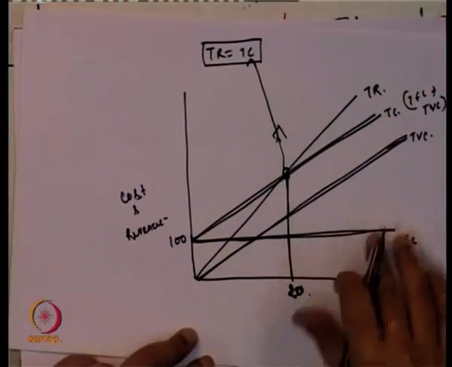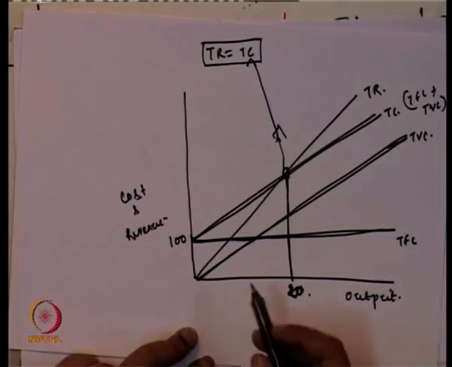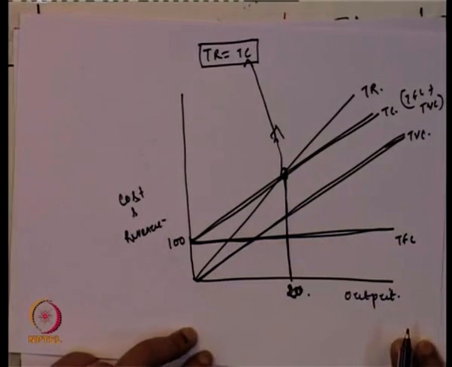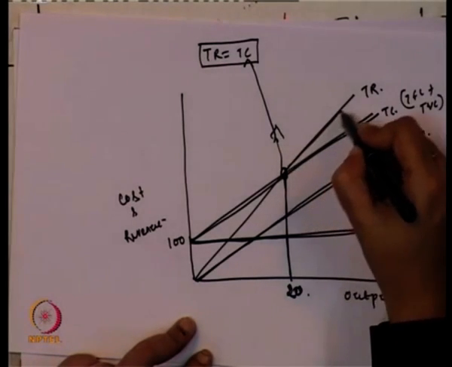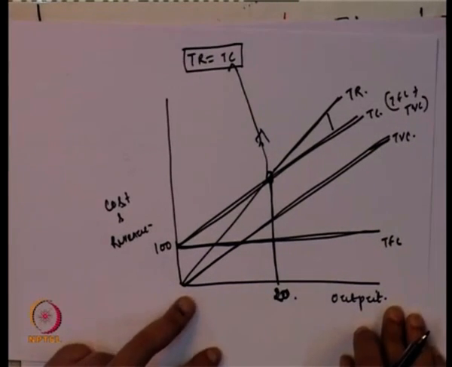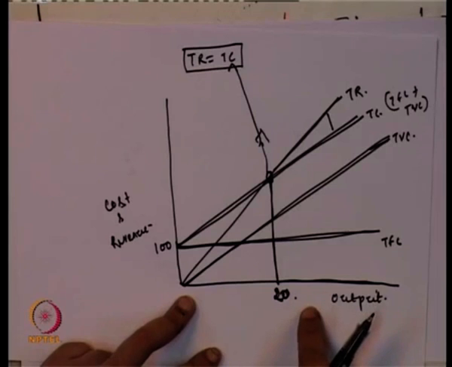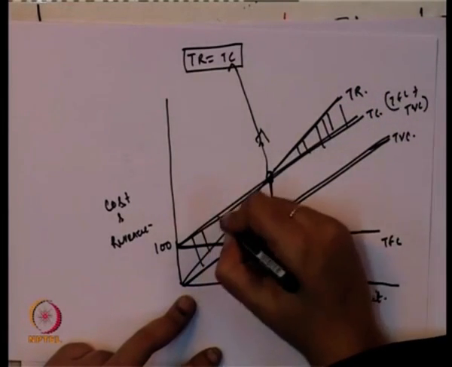Now, what happens if the output level is below 20 or more than 20? If it is below 20, the cost is more than the revenue, and it is not profitable for the firm. If it produces beyond 20, then the total revenue is greater than total cost. So, this is the profitable level of output. The firm is going to get profit at a higher level of output, and that is the reason this is known as the profitable range of output and this is known as the non-profit range of output,